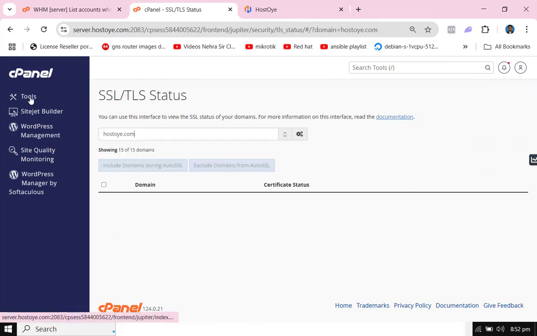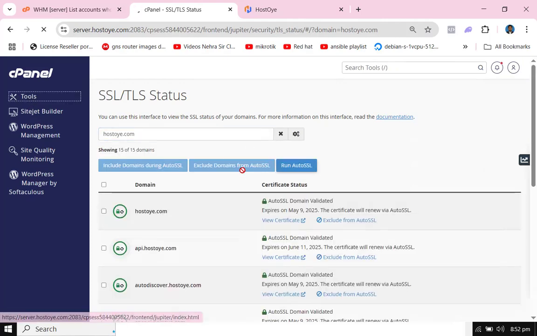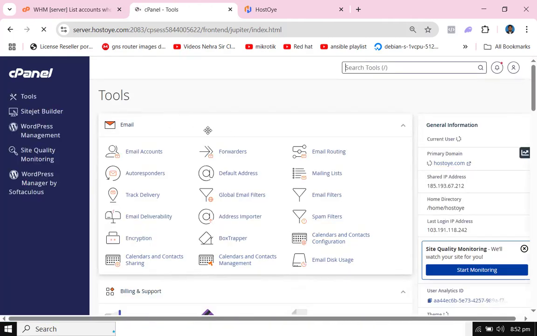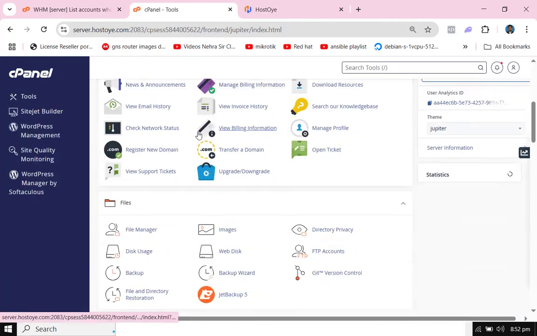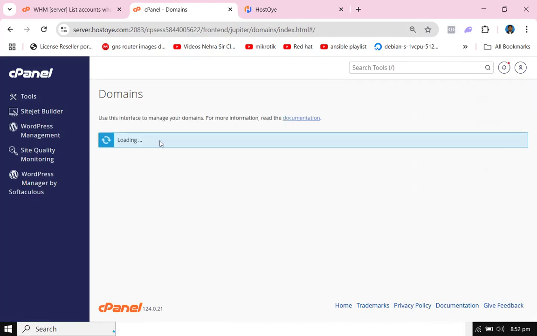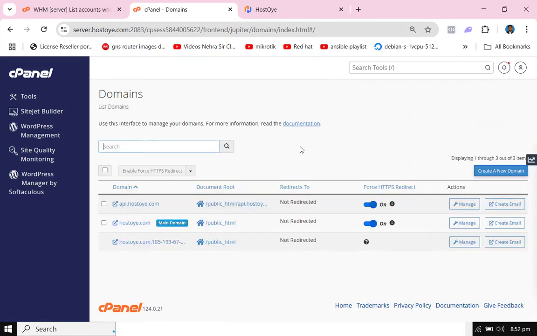Then you need to click on Tools, because this also needs to be done for your WordPress website or any website you are running on cPanel. So click on this one and then click on Domains, and here you can see hostoye.com, the website we are looking at, and then click on